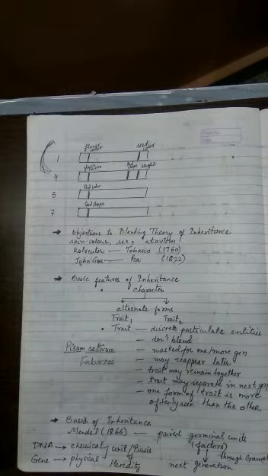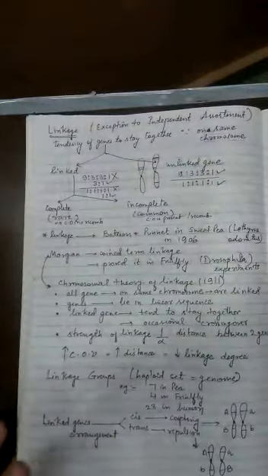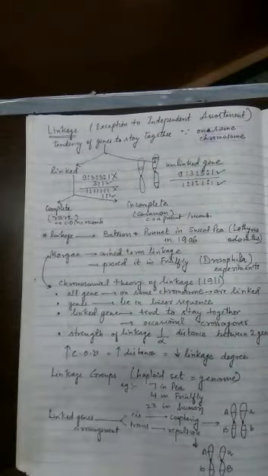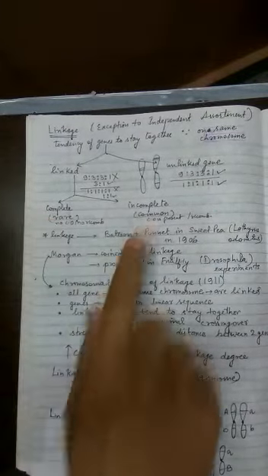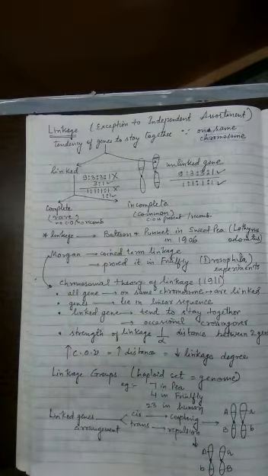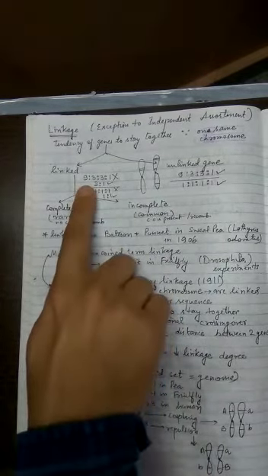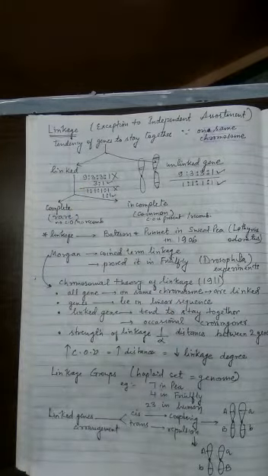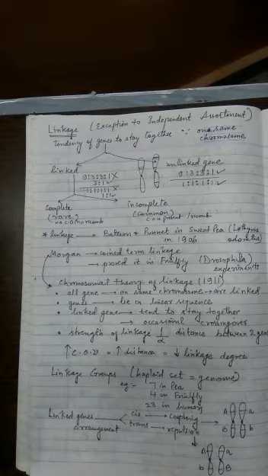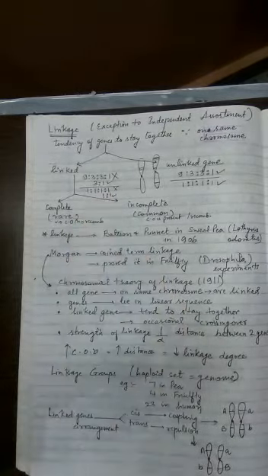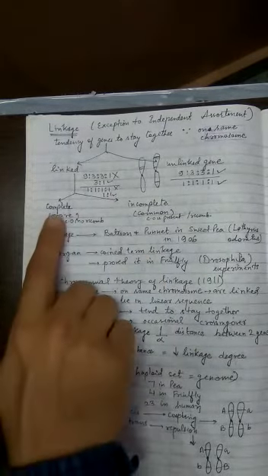So now, what exactly are linked genes? When two genes are present on the same chromosome, then it can be a complete linkage or an incomplete linkage. Now in the case of linked genes, the ratio will not come to be 9:3:3:1, but it will come somewhere close to 3:1, or maybe somewhere in between. And second point is that the test cross ratio will not be 1:1:1:1, but it will be close to 1:1, or something which deviates from this. Reason you are going to understand now. So complete and incomplete are the two types of linkages possible.